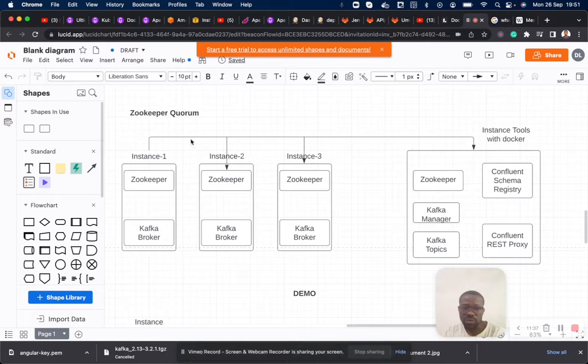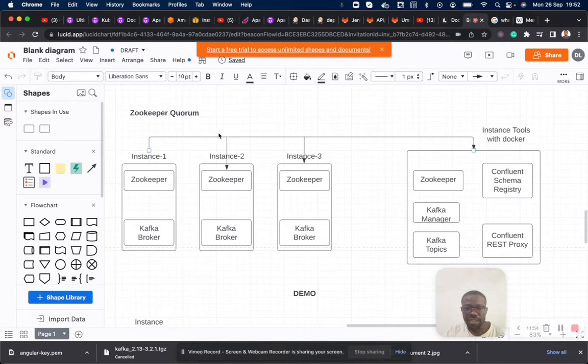So what you see here is called a Zookeeper quorum. In a Zookeeper quorum, which is also known as a Kafka cluster, you can have a minimum of three instances, right?